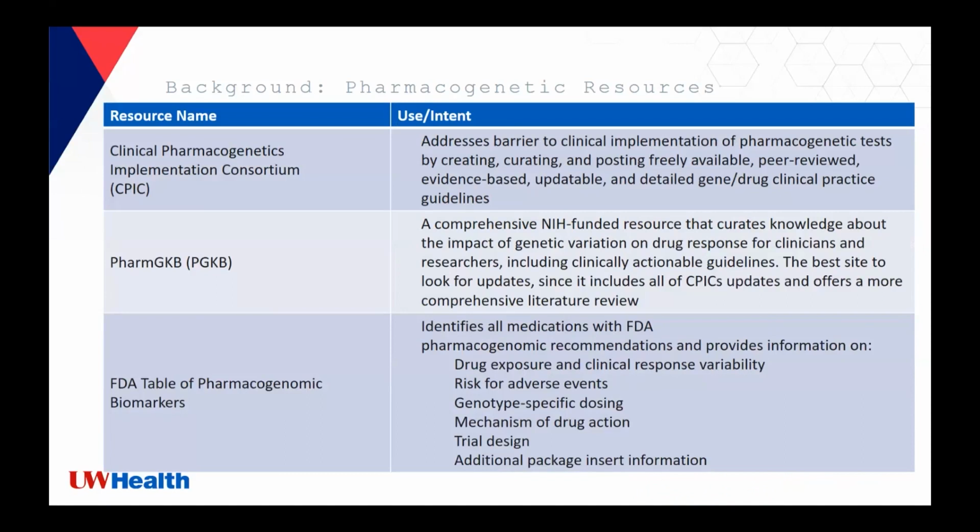to use. So there's a couple of pharmacogenetic resources that I wanted to point out that are useful for pharmacists, and if you have a future in pharmacogenetics, you might see these pretty frequently. So the first one I want to point out is the Clinical Pharmacogenetics Implementation Consortium. That's the CPIC consortium, and they have guidelines, generally referred to as CPIC guidelines. And what it really does is addresses barriers to clinical implementation of pharmacogenetics by curating and posting freely available evidence-based